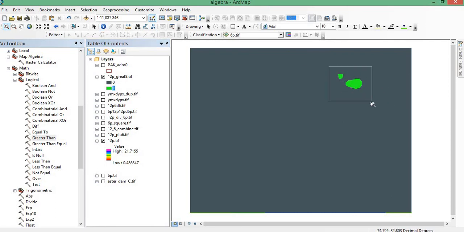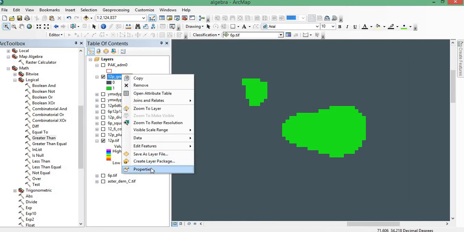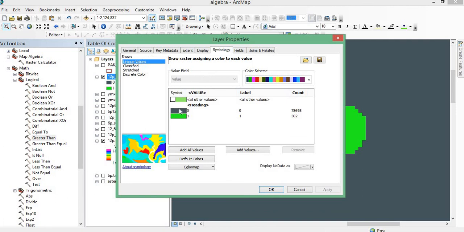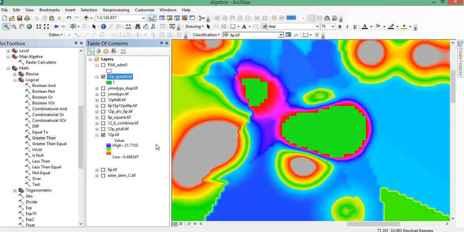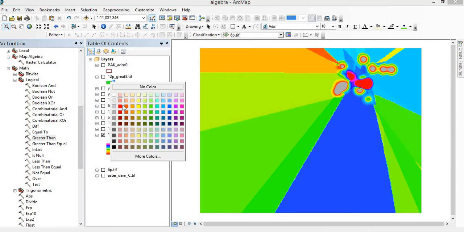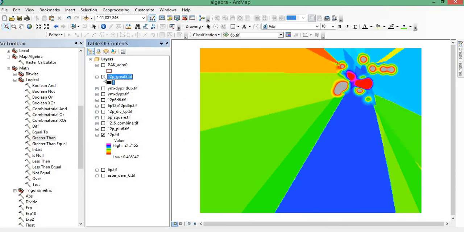We can zoom in here and remove 0, and OK. Now this is the data of 12p, and I'm going to make it a different color, dark black. So you can see here we have the area where we have data more than 8 millimeter.